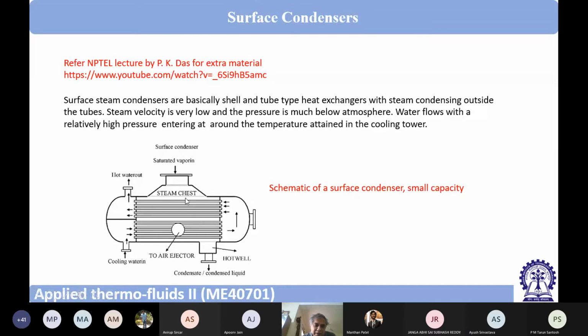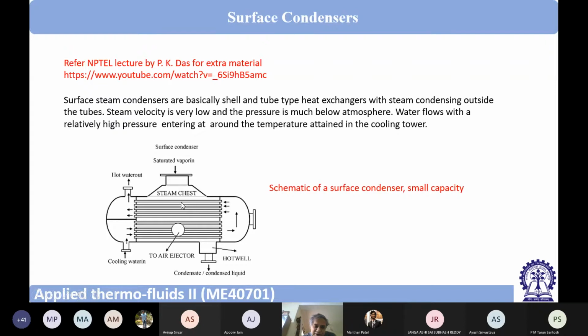And then the air is not getting condensed, so air is not being taken out from this condenser. So inside, the gas volume will increase, and as the gas volume increases, the pressure also will increase inside this condenser. So the condenser temperature will increase.